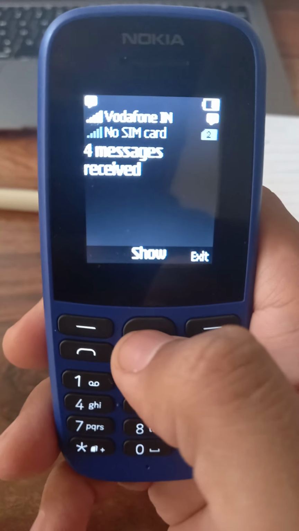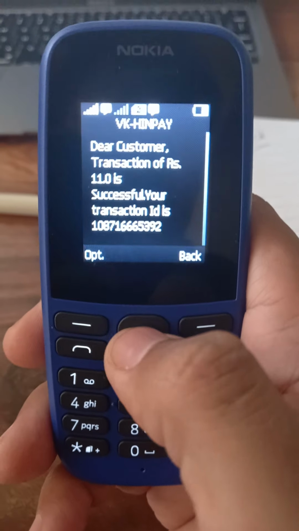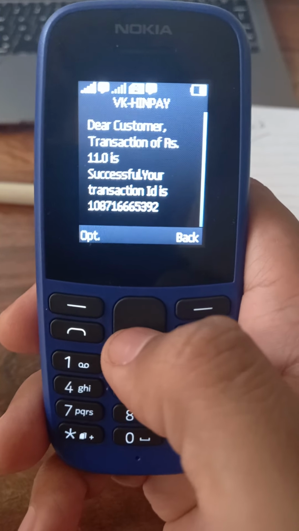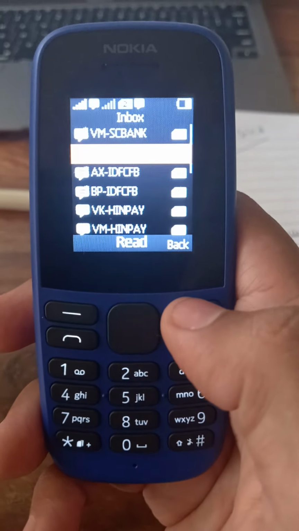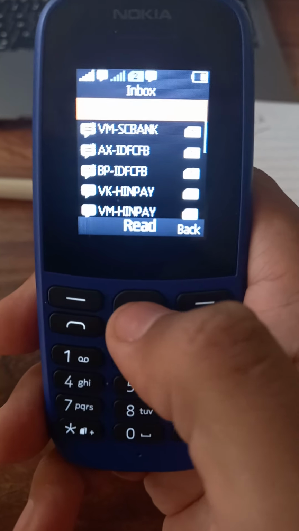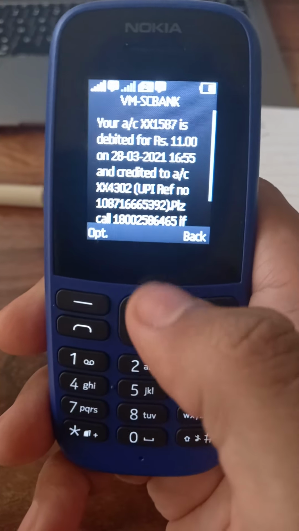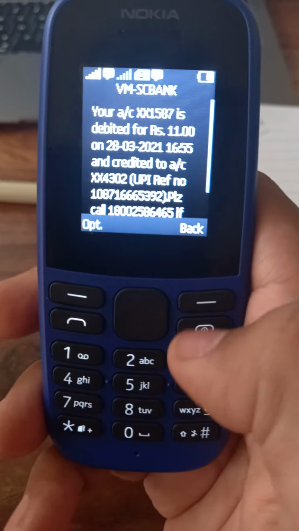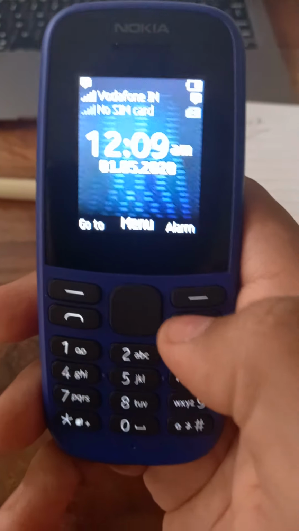Yeah, so the message is received. Dear customer, transaction of 11 is successful. Your transaction ID is this. And from my Standard Chartered bank account, I have again received a debit message. Yeah. Thank you.